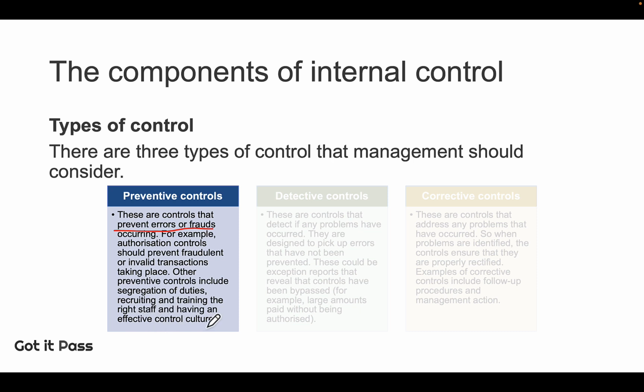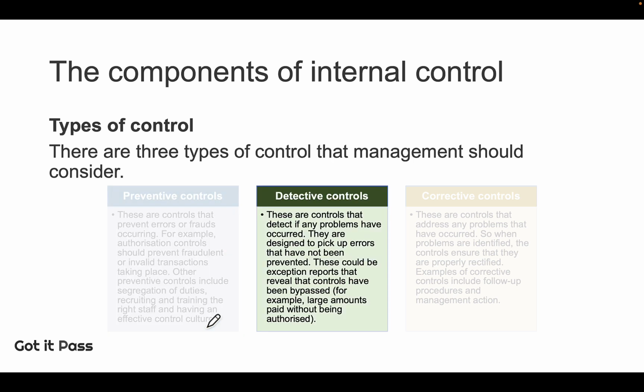In other words, as one example, we have document control and authorization control. Document control is also a preventive control activity, because we have pre-numbered sales invoices. Under this preventive control procedure, we issue the sales invoices to our customers, and any missing items will go into the second type of control, which is detective controls.